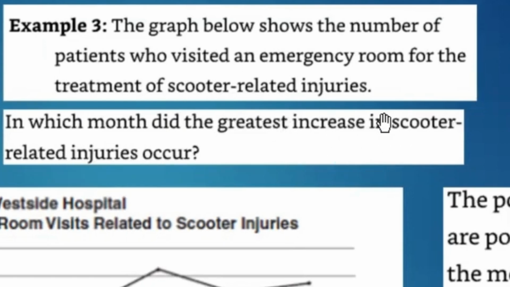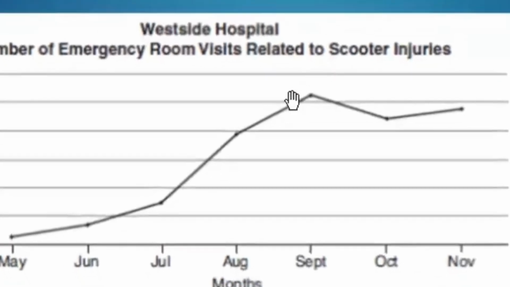Now, when you see the term increase, that usually tells you that you started with something small and then ended with something a little bit larger, right? So we should be looking at two different points, right? We shouldn't be looking at just the single peak here, or the highest point on our graph. We should be looking at two different points. And so one trick that I use to help me remember if the graph is increasing or decreasing is if you